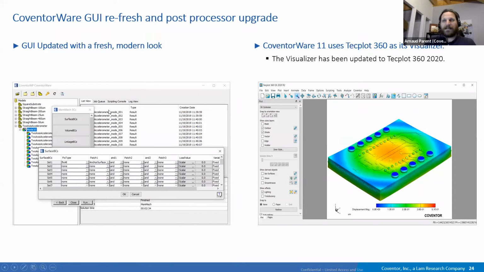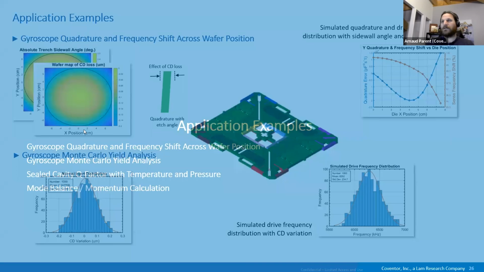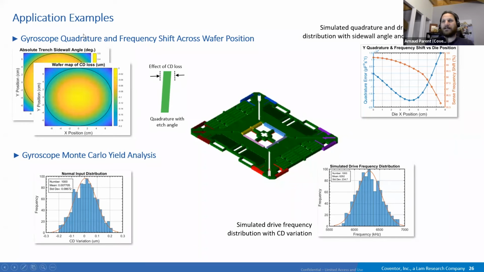So, what was added to the software. Now I have a section about new application examples, so new advanced use cases, I mean, advanced use cases of how you can use our software. Let's start here with an application example applied to a 3-axis gyro, an example I already talked about. And here the idea is to take advantage of MEMS+ being fast, fully parameterized and accurate.